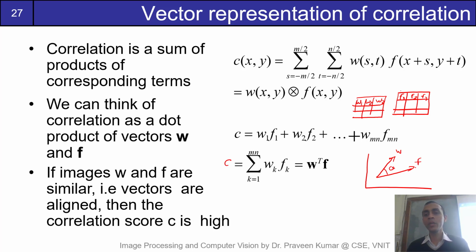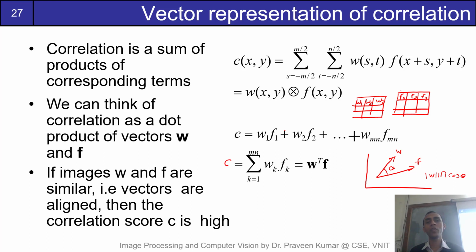So if we take a scalar dot product, normally it will be the magnitude of w times the magnitude of f times cos theta. So when will this value be maximum? When theta is 0, that means when w and f are aligned, or they are a similar vector, then the correlation factor will be the highest, isn't it? So this score will tend to be high when w and f are matching, have a matching value,